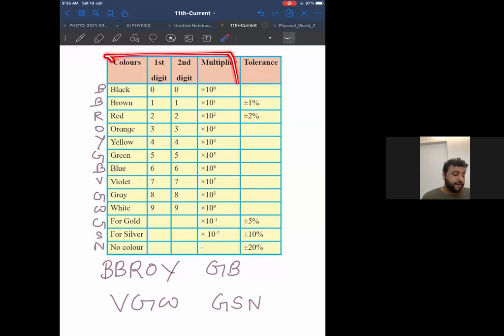So with that, we have finished 4 columns. I want you to make a note of all 4 columns. Very important is to know the heading of the 4 columns. First one is color, second one is first digit, third one is second digit, and the last one is multiplier. Tolerance is after this, but multiplier you should know. So make a note of multiplier. Make sure you put the multiplication sign for each. Start making the table. Now you have to make the fourth column. Start.